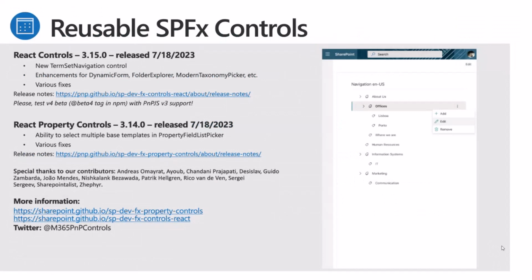All right, reusable controls. Alex is out today, so I'll be covering this. If you're an SPFx dev and you haven't used these or haven't heard of these, you definitely need to. There's all sorts of reusable controls you can use in your SPFx solutions without having to write them yourself. So we talk about list pickers, file pickers, taxonomy pickers, and more. There have been some updates over the last couple of months, so make sure you check those out in the latest release. For more info, check out the GitHub repository and follow them on Twitter.